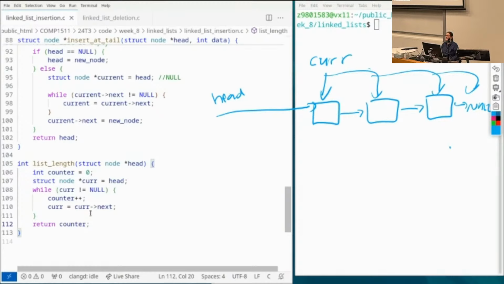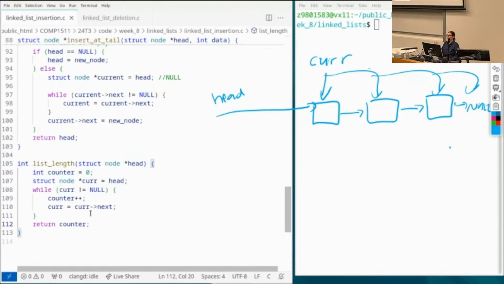Question: do we finish this file, do we still have to go to the middle? Is that the end of the middle part? No, we haven't even started the middle. We haven't started inserting in the middle, but the first step is to write a function